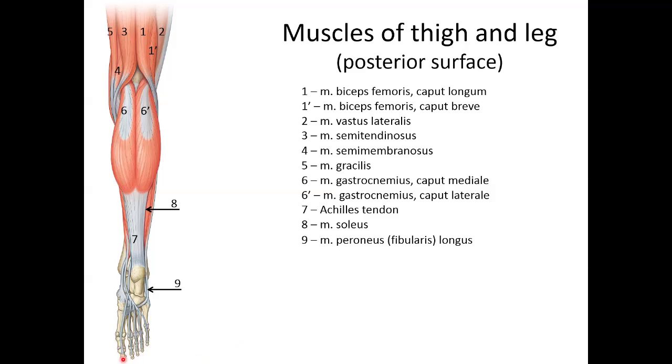First toe or great toe, second, and fifth or little toe. So if this is the fifth toe, it means this is the lateral malleolus. Malleolus lateralis. And musculus number 9, musculus peroneus longus,